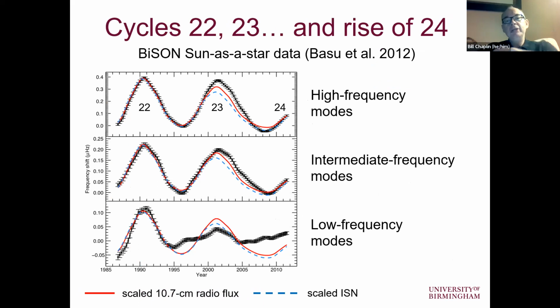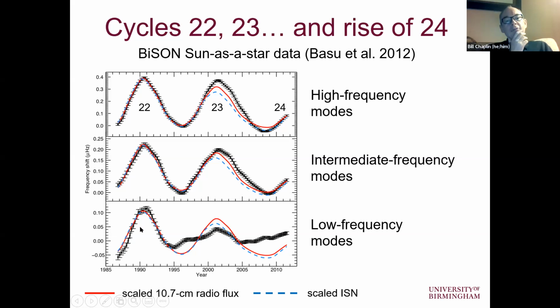But we can also split down that variability by looking at modes in different frequency bands. So these are the different frequencies of the modes. Again, modes at the center of the spectrum have frequencies of about 3000 microhertz. So there, if you like, is the intermediate frequency range, but we can also look at the shifts we see in modes that are at higher frequencies and lower frequencies. So that's the data here with some smoothing.